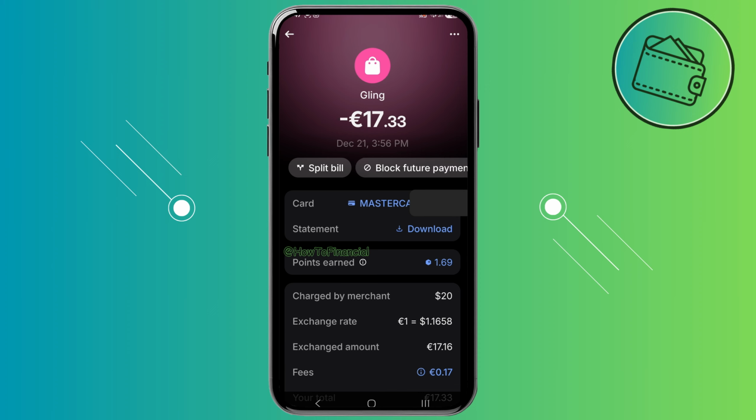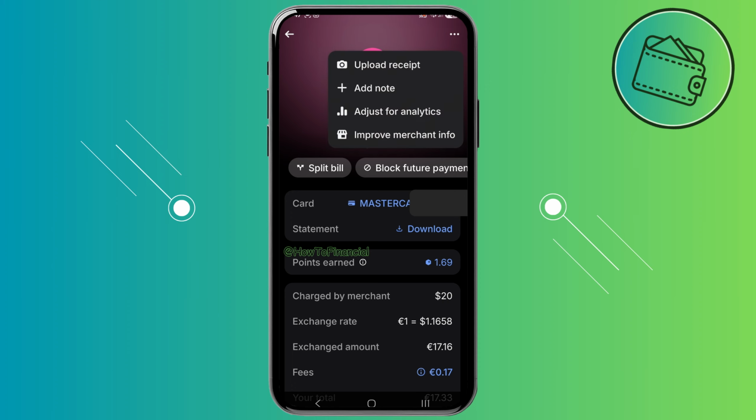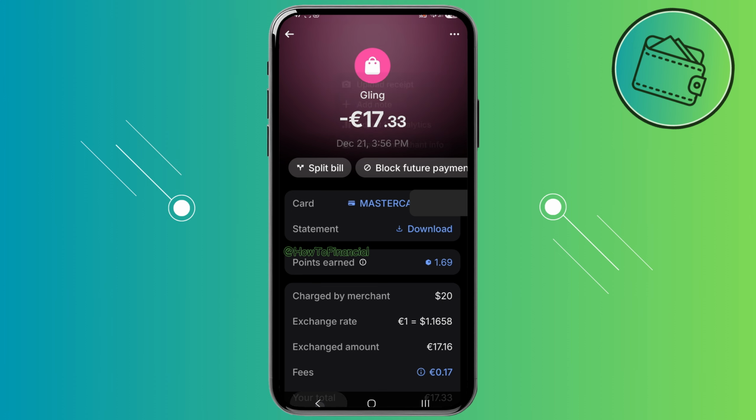Now, once you're here, just go ahead and tap on the three dots in the upper right corner and just mark this as a subscription. I've already marked this as a subscription, so I don't have this option, but this option will be here for you. Now, once you marked a specific recurring transaction as a subscription, you can exit this,